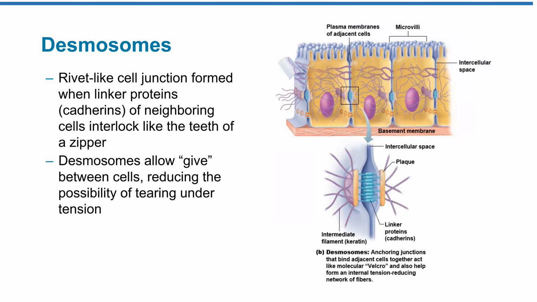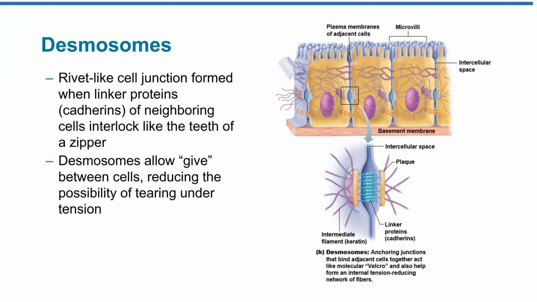Desmosomes are rivet-like cell junctions formed when linked proteins of neighboring cells interlock like the teeth of a zipper. Desmosomes allow a give between cells, reducing the possibility of tearing under tension. So desmosome anchoring junctions that bind adjacent cells together act like molecular Velcro and also help form an internal tension-reducing